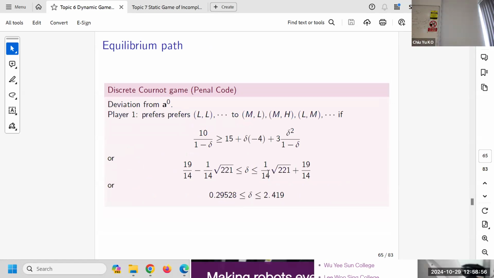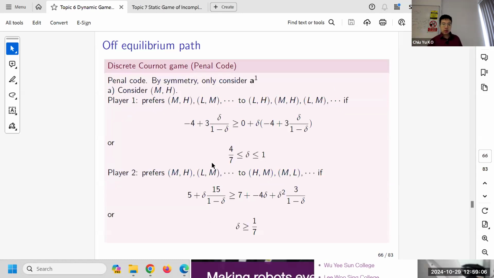Once you see this, you will see this is easy because you punish more, then you allow a much better range. There's no problem. You reduce much more. So that is not a big concern here. But now we have to make sure that player 1 doesn't want to deviate from the punishment. So under this punishment, with MH and LM, right? Under punishment is like this.